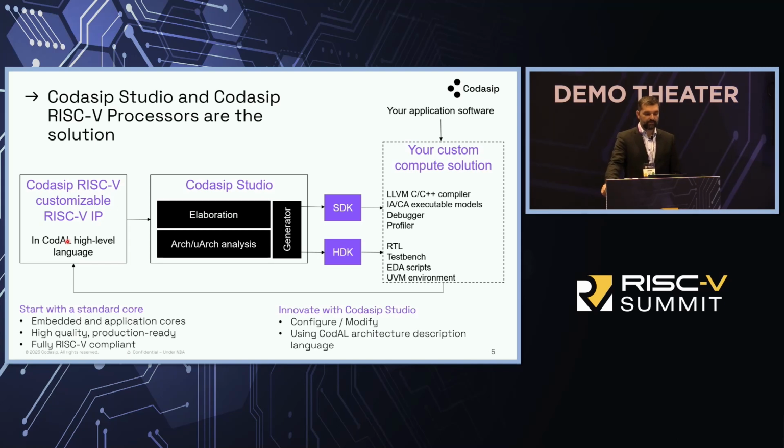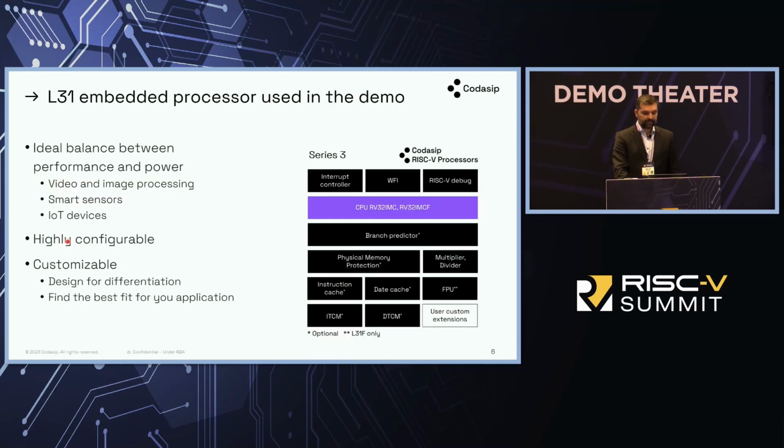And this is really important to realize, because then the starting point is robust, the foundation is really there, and you can take it from there. And we will do exactly that with the examples. Speaking of the examples, I'm going to use the L31 embedded core, which is one of our